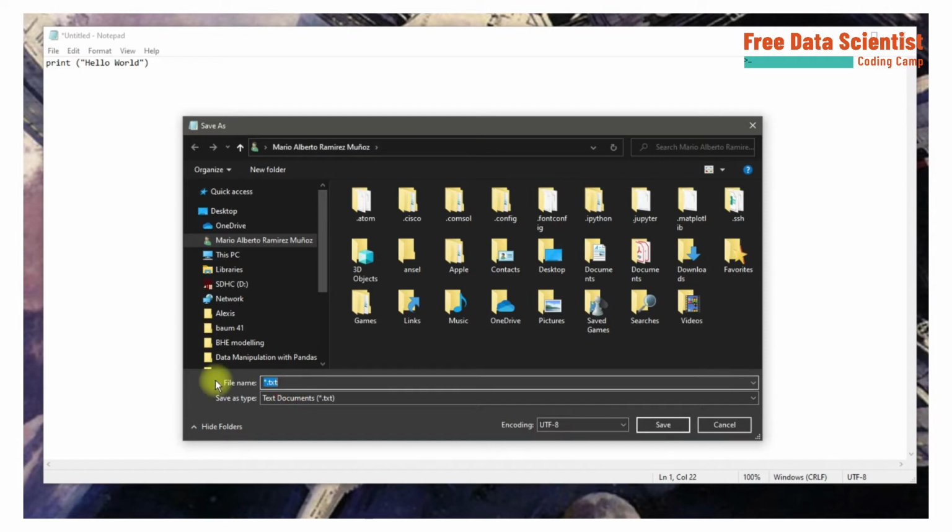Remember that you have to place the file in a folder that you know exists. In my case, I will save it in the location where my user is. A good tip for starting a new program is to place the file in the documents, for example.